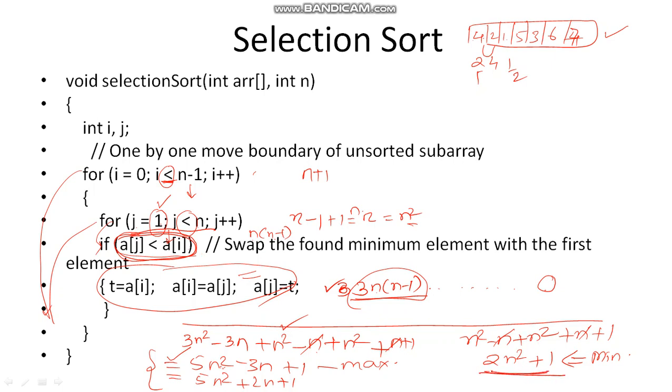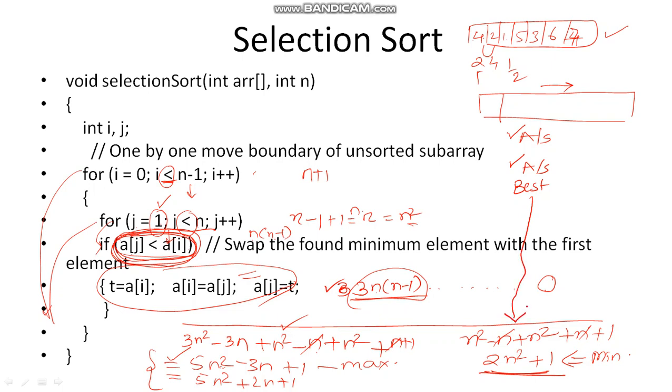Again, it is better than the previous bubble sort. So how is it possible? Let us say you give a sorted array: you want to sort the array in ascending order, and the input is already in ascending order. So this is not going to satisfy this condition, if a of i is less than a of j, because the elements towards the higher indices will have larger values than the values at the lower indices. So this will not be satisfied. If you want to sort in ascending order and the input is in ascending order, this is the best case. And for the best case, this many comparisons will be required, that is 2n square plus 1.